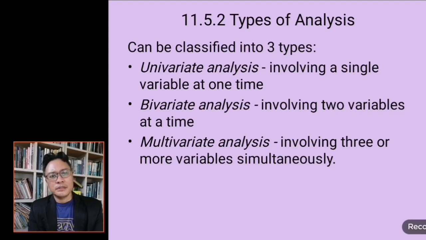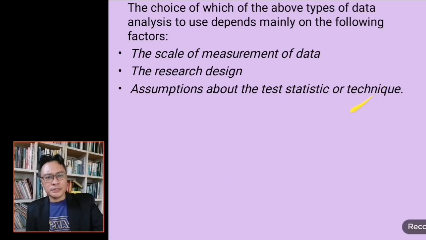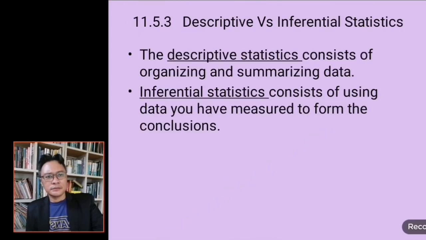Types of analysis can be classified into 3 types. First, univariate, bivariate, multivariate. Okay, tengok. Alright, now. Okay tak? Kalau tak okay, kena bagi tahu in the comment section. Okay, now